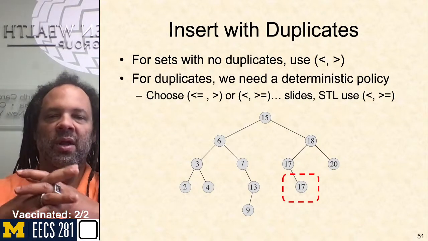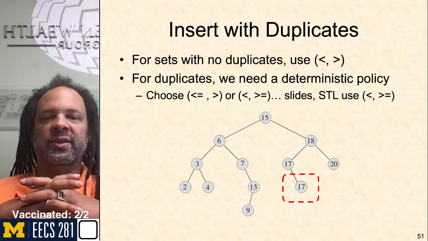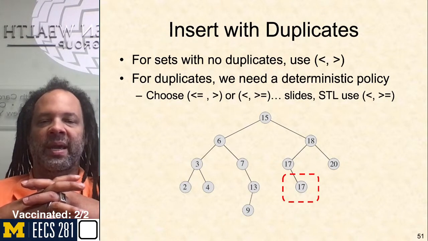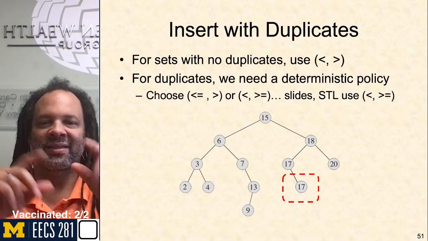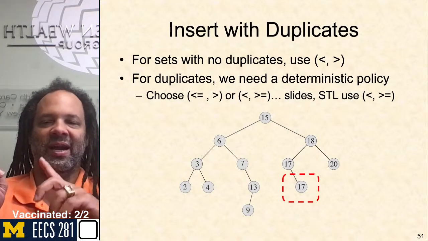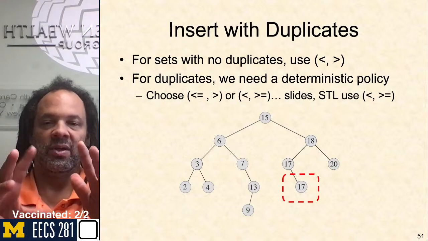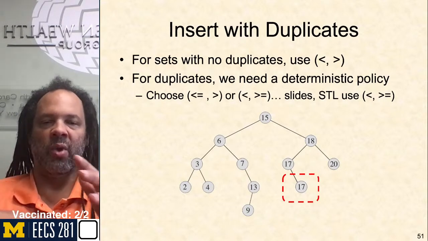This one is important here. We talk about dealing with trees with duplicates. Depending on your application, you may or may not have to handle duplicates. When there are no duplicates, then our binary search tree property just gets a little simpler. We say everything to the left is less than, everything to the right is greater than. That's no duplicates. When we do have duplicates, we have to figure out where to put it, and we see